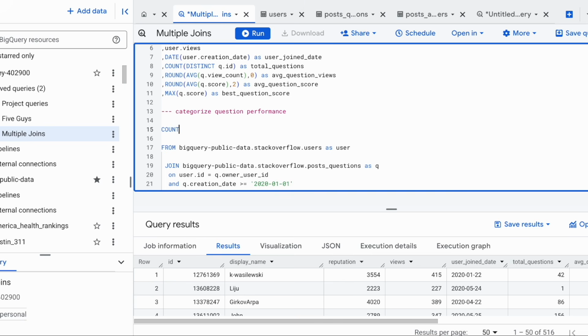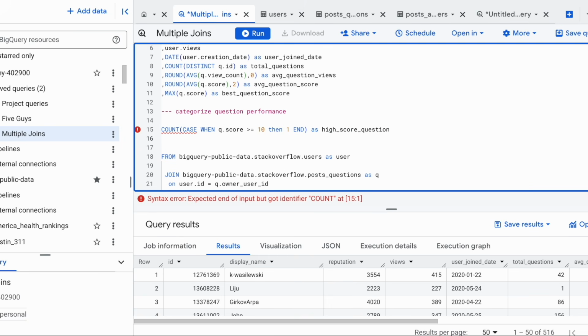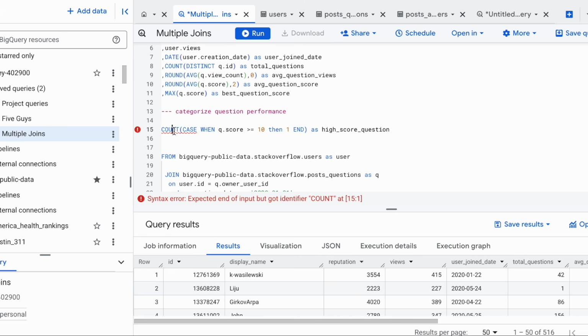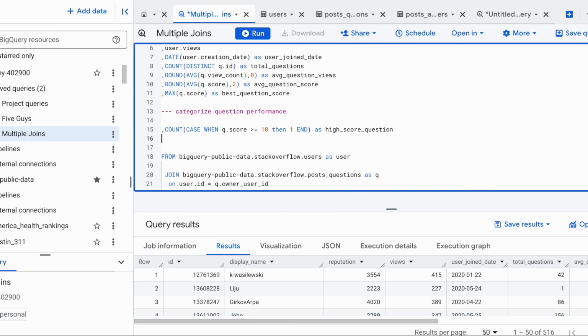So let's see, if I do a count, case when, what I'm saying here is when there is a score greater than or equal to 10, then I'm giving it a 1, and I'm going to end it as high score question. That's the name of the column that we're going to call it. And let's do this for count